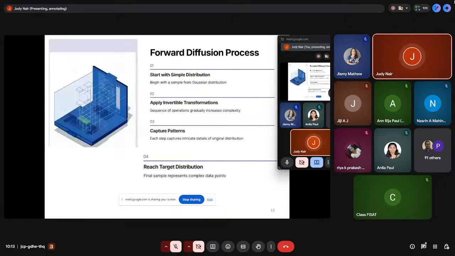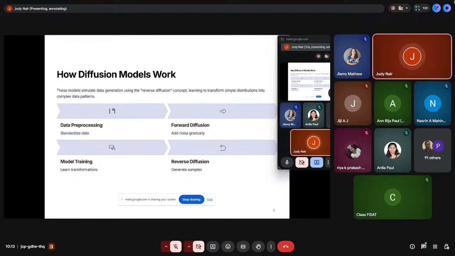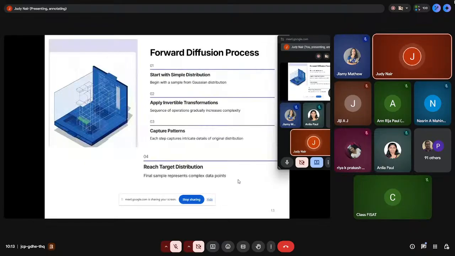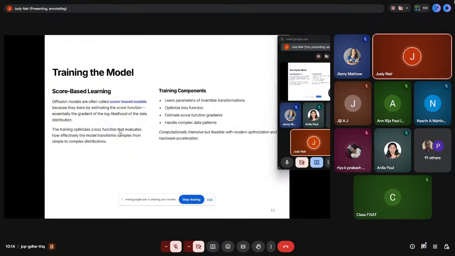Then, as you can see here, we talk about the model training before the reverse diffusion. So we have this model training. Sometimes we do the denoising. Here it is mentioned as score-based learning, but it is not only score-based learning; this slide happens to be like that. There are many methods we can use, which we will discuss. It could be score-based, or it could be denoising probabilistic models. The denoising diffusion process, DDPM, is a very famous one, which you have heard about. Any learning mechanism, okay, and then we will train the model.